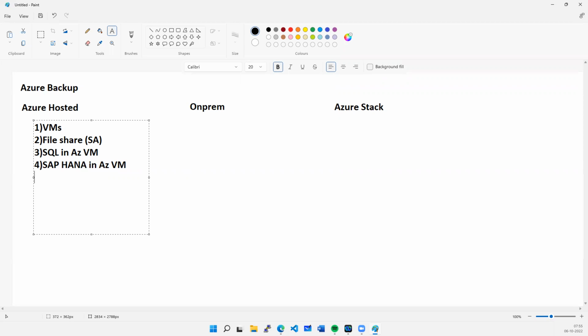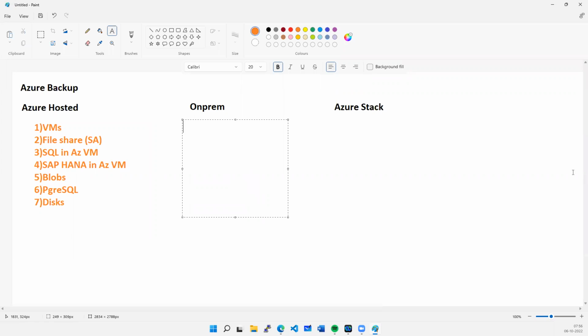And apart from this, you can also take backup of blob storage. You can also take backup of blobs. You can also take backup of PostgreSQL, right? And you can also take backup of disks, right? So these are the various items which you can take backup of when it comes to the Azure hosted resources. Okay, and when it comes to on-prem, you can take backup of VMs running on